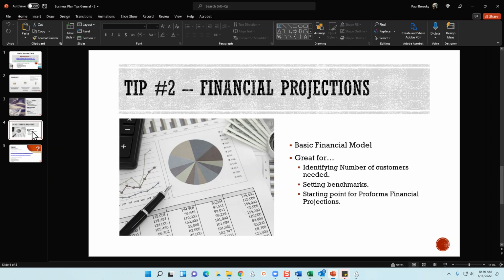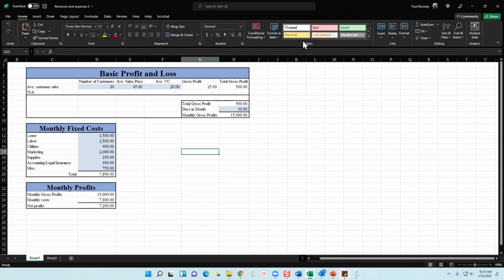But what I do want to show y'all is how to create a real quick, easy to use financial model that might take you about 10 to 15 minutes to make. And once you have it, it's excellent to be able to use in operations, as well as later on you can expand upon that into your financial projections, your pro forma profit and loss statement, income statement, as well as your balance sheet. All right, so with that said, here is that little model I'm telling you about.